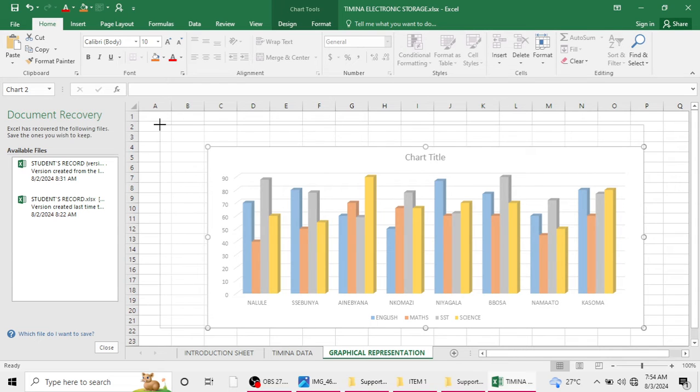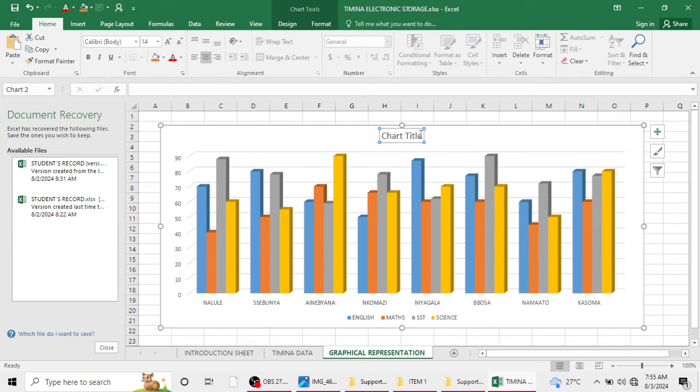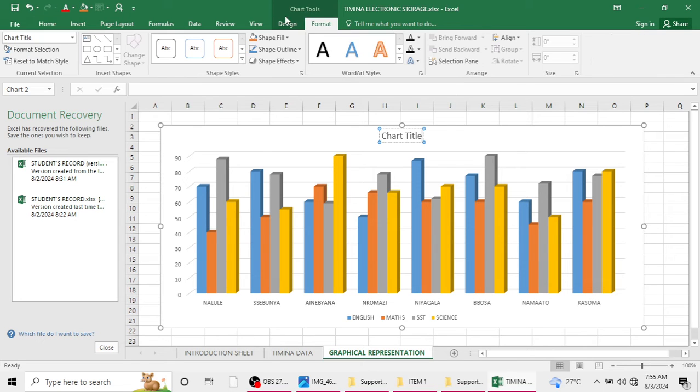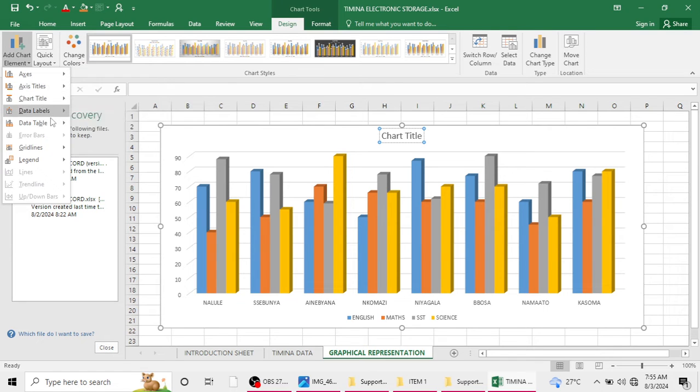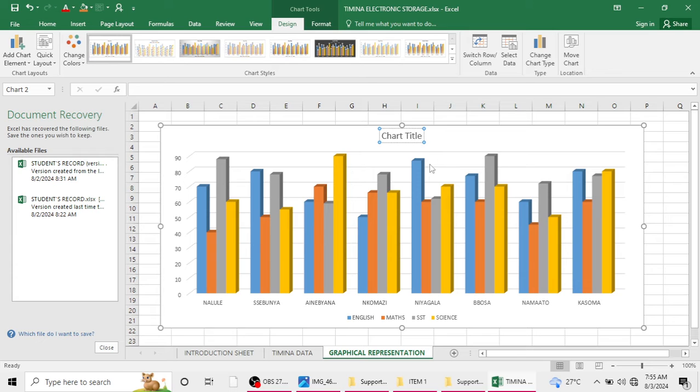I'll start with the title. The graph should have an appropriate title. I click at this box. If you don't have the title of the graph on your computer, just click Design, then look for Add Chart Element, then go to Chart Title and select Above, but I already have it, it's here. So I type an appropriate heading, for example, Timina,